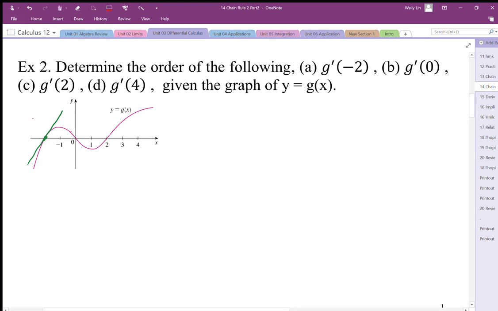And then I want to compare that to the slope value at 0. Okay, at 0 it looks like we have a tangent that looks like that. And at +2, we have a tangent that looks like that. Because it's symmetrical, it looks like those are just the same slope but in opposite directions. So I'm actually going to give these some numerical values. Now these are just relative, so I'm just going to say that's about +1. Okay, so we're going to say that g prime of 2 is going to be +1, and